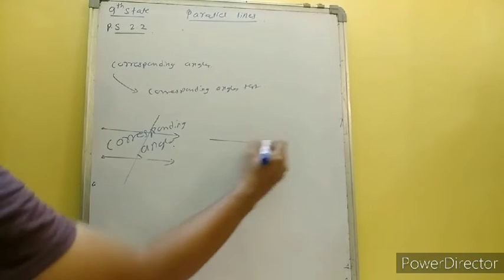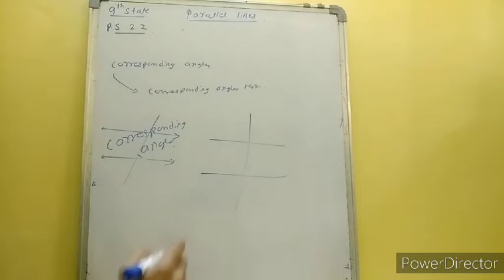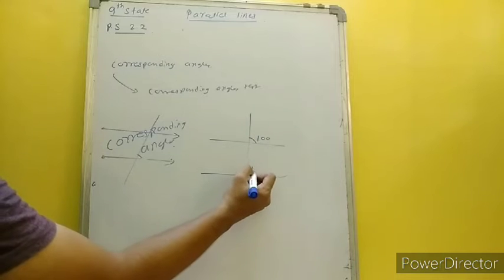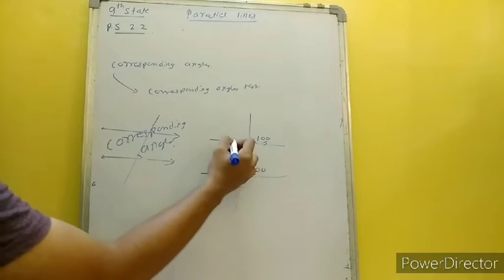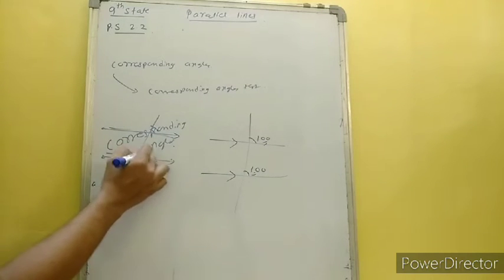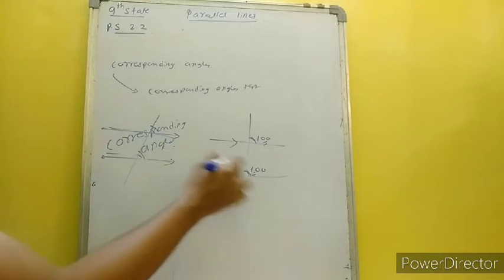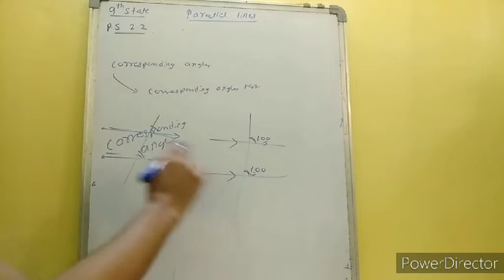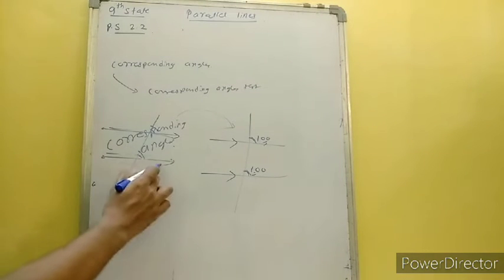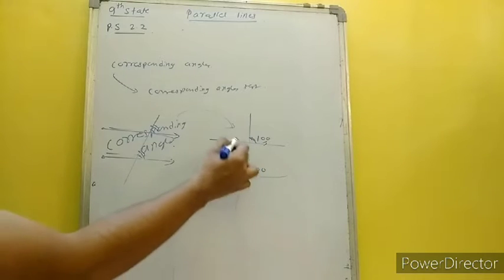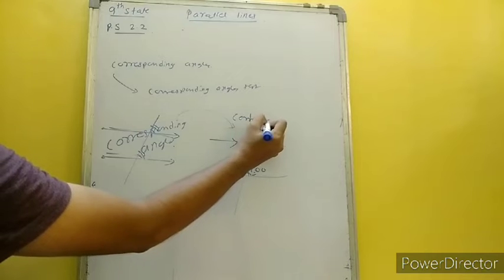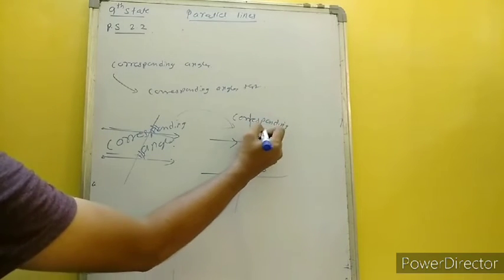But when it is given that angle above the line and angle above the line are congruent, then we can say that lines are parallel. In this it was given that lines are parallel, then angles above the lines are equal, and over here if the angles above the lines are equal, we can say that the lines are parallel. So this is the converse, or we can say ulta of one another. When lines are parallel, these angles are equal. When these angles are equal, lines are parallel. So it is called corresponding angles test.